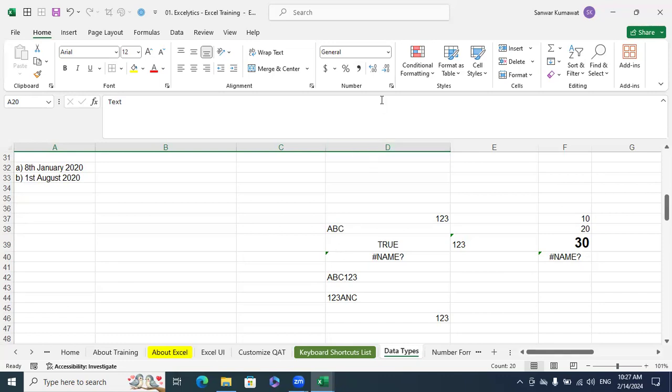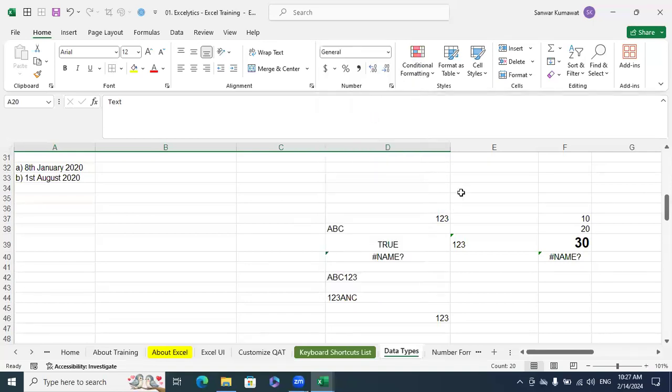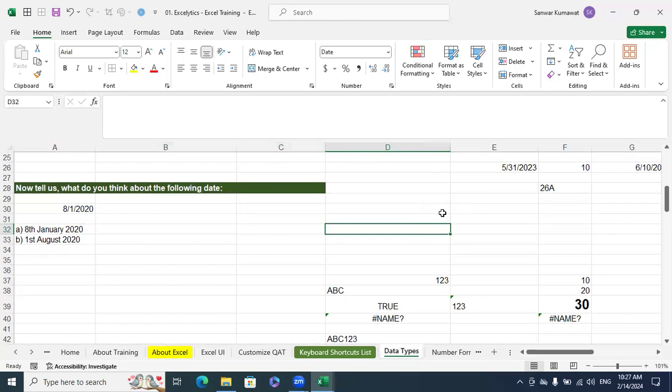Also a number, right? See, if you choose this, except text, this section, everything is number only. Everything is number except this one. These all are numbers except text. Done? Now, if I'm entering a date,